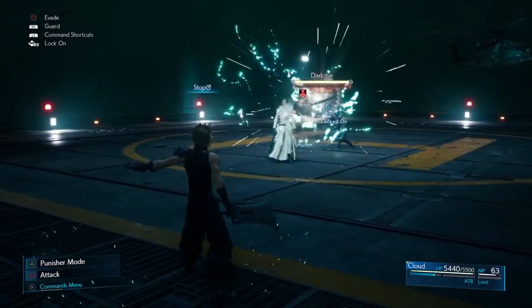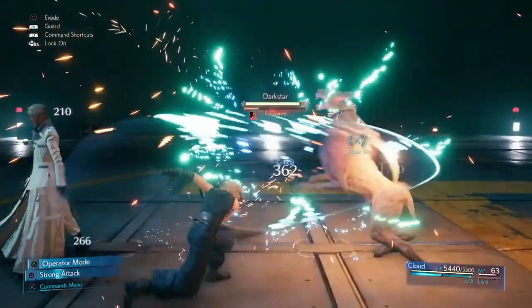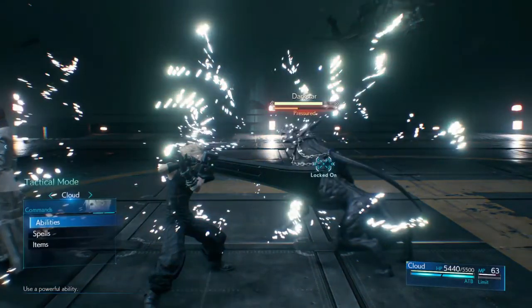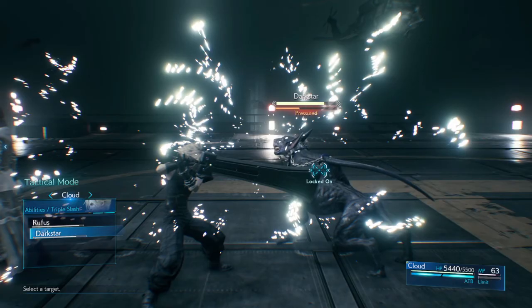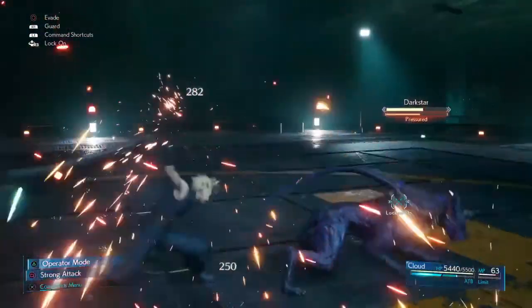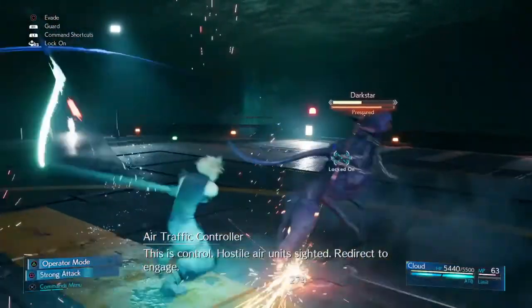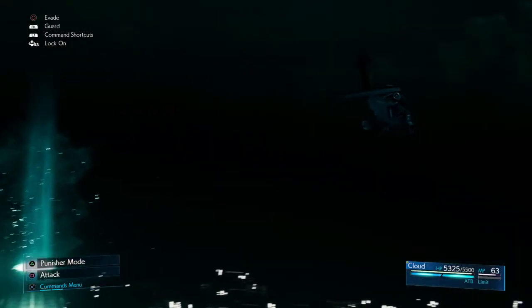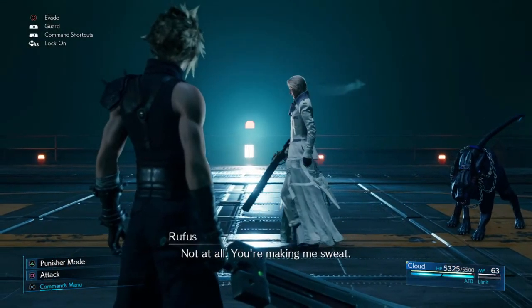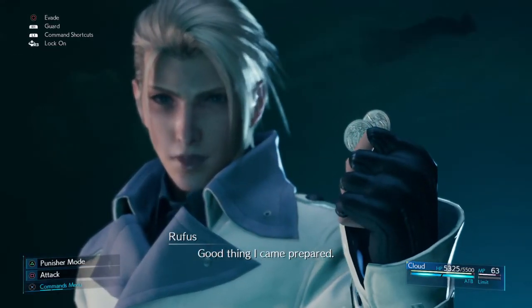Today I'm going to be showing you guys how to defeat Rufus Shinra in Final Fantasy VII Remake in basically 2 minutes and not taking any damage. I've been watching a lot of videos of people actually fighting Rufus Shinra and being able to defeat him really quickly, and I want to know how to do it. I finally figured out how to do it, and I'm going to be showing you guys how to do it yourself in this little tutorial, because nobody's really talking about how to do it, they just kind of show it off. So I'm going to be showing you how to basically defeat him without taking any damage and in 2 minutes